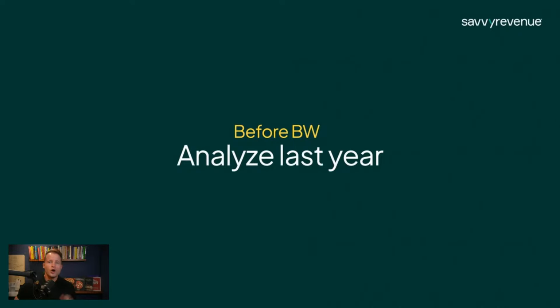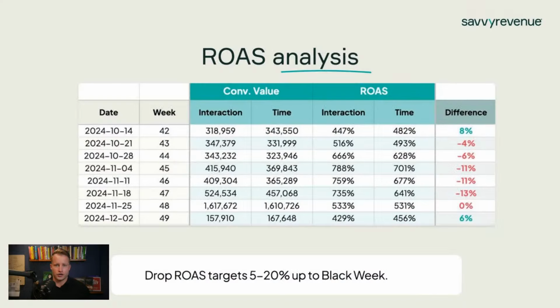Okay, so before Black Week, you want to analyze last year. And this is the way we do it. Again, take the script, take the Google Sheet, and you'll get your data in here as well, but that'll show you how I look at it. So the way that I look at this is that out to the right here, we can see that as we're in October, there's a normal difference of 4 to 6%, where people are basically buying what they are looking at right away. But as we move into November, we're starting to see this creep up. So 11% in the week before Black Week goes to 13%, and then it stays more slow.